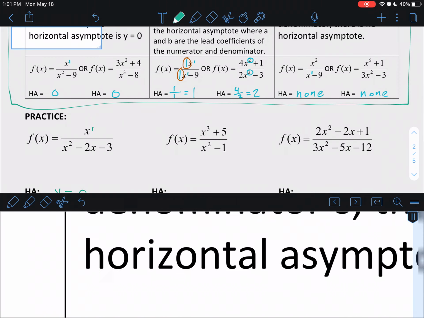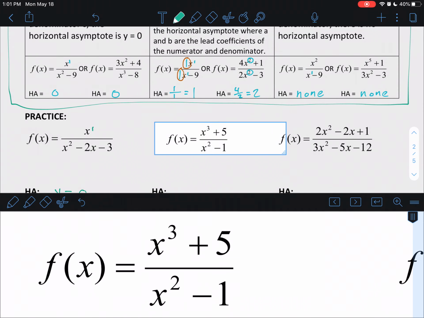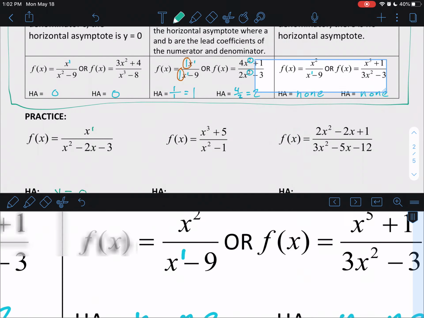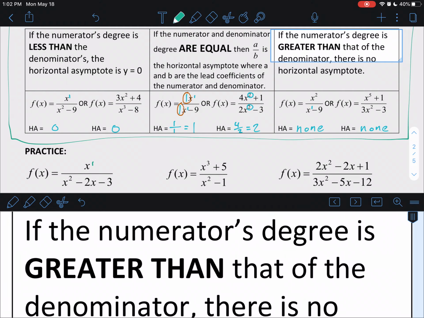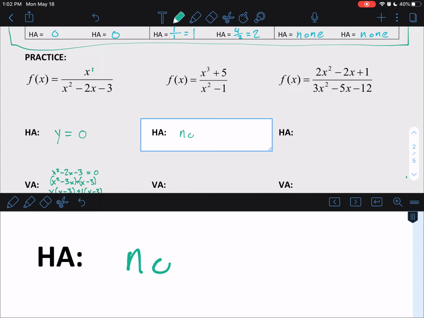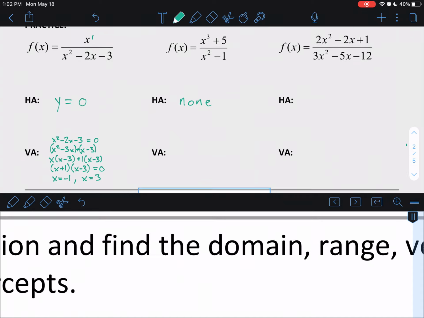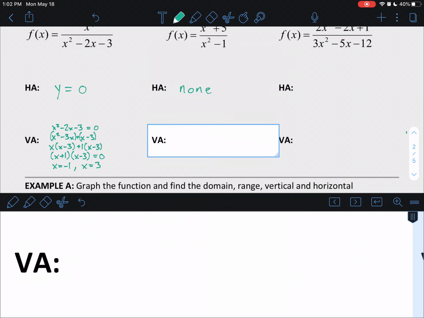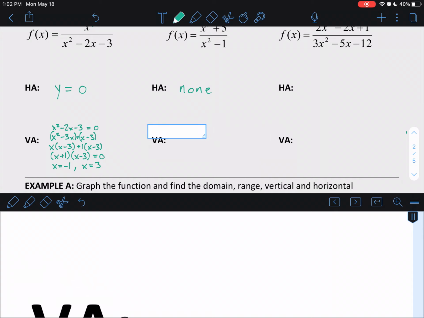So this next one is x to the third over x squared, and 3 is greater than 2, so the numerator's degree is greater, meaning that there is no horizontal asymptote. However, the vertical asymptote, and this one's going to be a little bit tricky because it's something that you'll have to recall from unit 1. So we just got to set that denominator equal to 0. So we're saying x squared